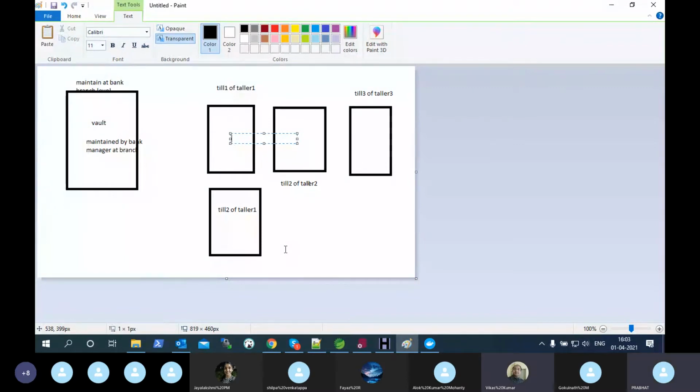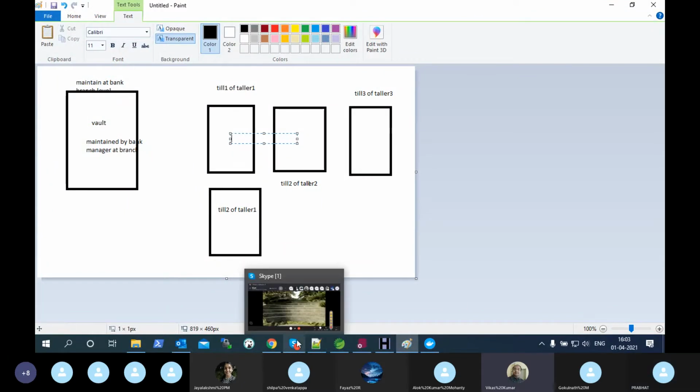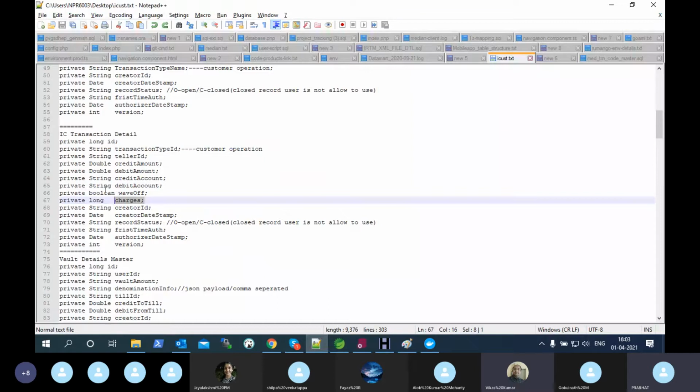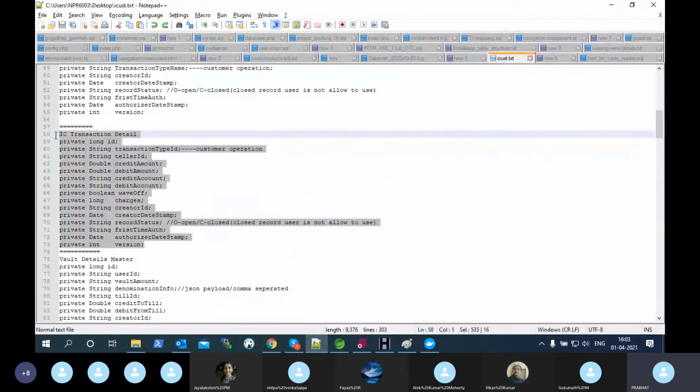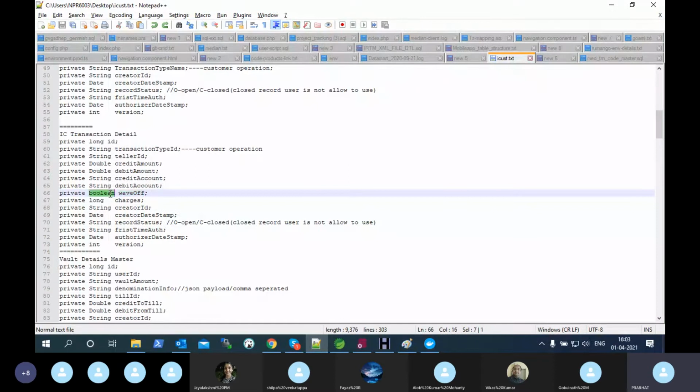Prabhat, I have one question. If we are waiving off the charges, are we maintaining that in some table, that this particular amount we have waived off? So at the end of day, the bank will tell we have waived off $500 on this particular day. You can get that information from this table only, no? Waive off means whatever yes is there, you can think it is waived off. This transaction is waived off. So it will calculate all the transactions in which waive off was there. Suppose this is a Boolean, it's either yes or no. So all the yes you will calculate, it means it is waived off. This much amount is waived off, right? Yes.